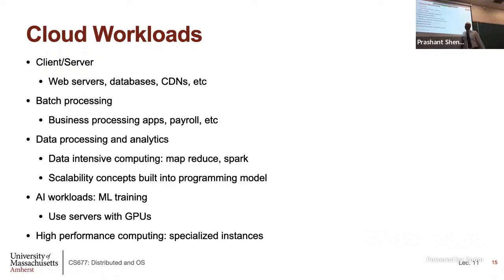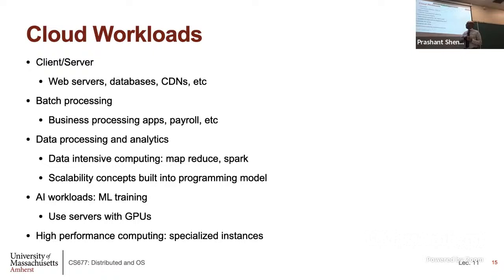You can also put batch applications. These are data processing applications that run in the background. They can do things like payroll and things of that sort. You can put data intensive applications like Spark that take very large data sets and process them. Cloud is good for this. If you have a job that needs 1,000 servers but only needs them for 10 hours, rather than buying 10,000 servers and only using them for a small amount of time, you can just go to the cloud, get those servers, run, then terminate them and only pay for 10 hours. So it's much more cost effective sometimes when you have very large needs for short amounts of time.